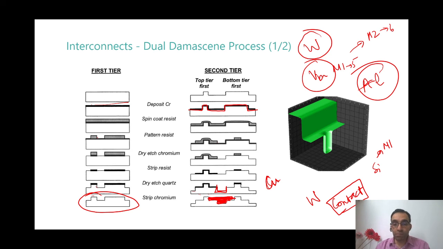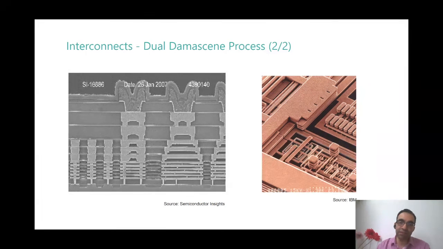And it really changed the way we handle devices, because as soon as the dual damascene process was enabled, defectivity reduced significantly, and you could go to many more metal layers. So until there was aluminum, you could only think of 4 or 5 metal layers. But today, you can very easily think of even 11, 12 metal layers. Every extra metal layer is extra cost, but at least if you want, you can get them because of the dual damascene process.